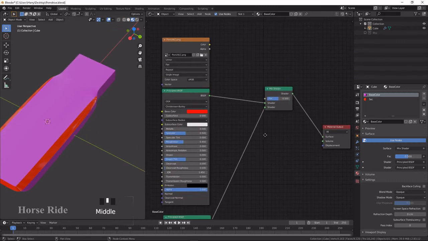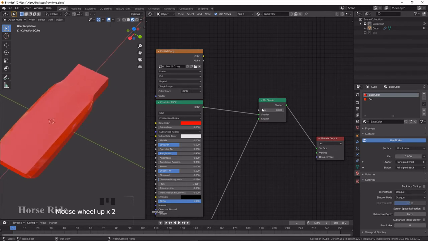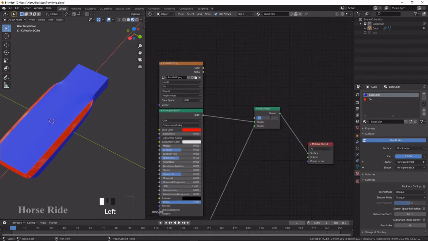So when I drag this factor to 0, it shows only one of the colors we selected. The first one is 0, which shows all red. When I drag to the right, that is a factor of 1, it shows fully blue. When I keep it at 0.5 in the middle, it shows the pink. So it mixes the color and shading. When it goes to 1, it shows one color. When it goes to 0, it shows the other color.